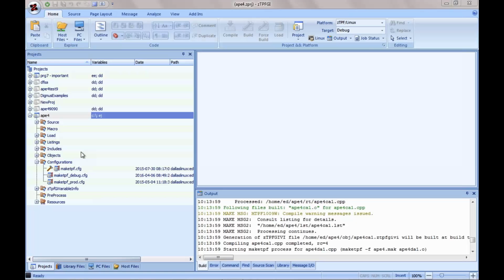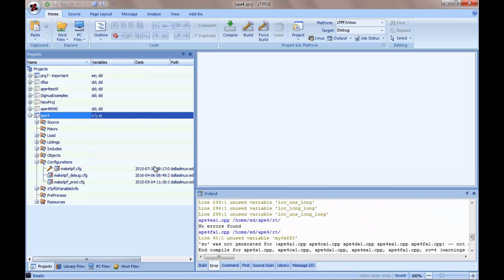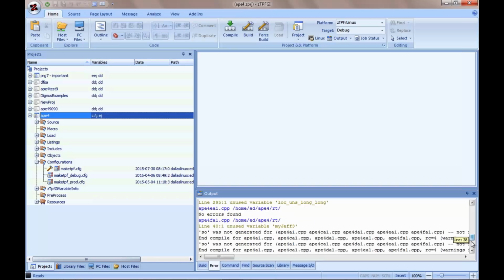Just going through and finding all, in this case, it's finding all the CPP files. If there were assembler files, it would be finding those and compiling those. Let's see. Now,